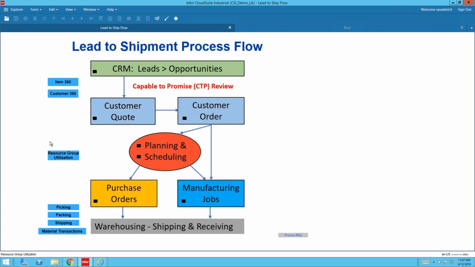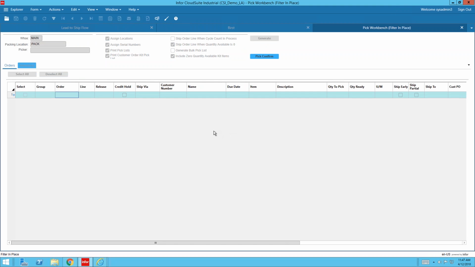All right, so now we're going to assume the job's been completed. It's moved to the warehouse, and we're getting into the warehousing and shipping operations. One of the nice features in CloudSuite Industrial is I can certainly just have the pick list print as material becomes available, but I've also got a pick workbench that's going to allow me to consolidate picking activity depending on user-defined selection criteria. So for example, maybe I want to look at all my UPS